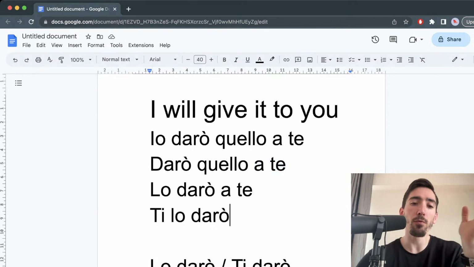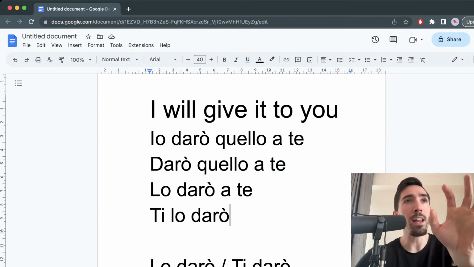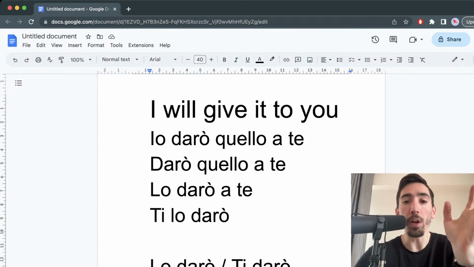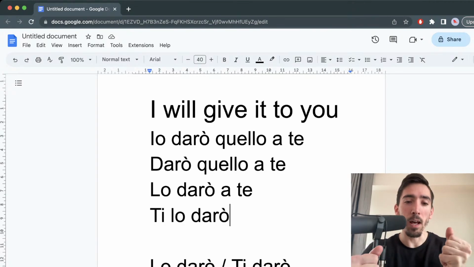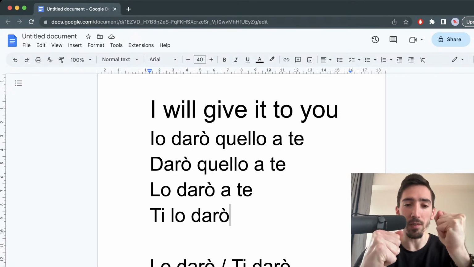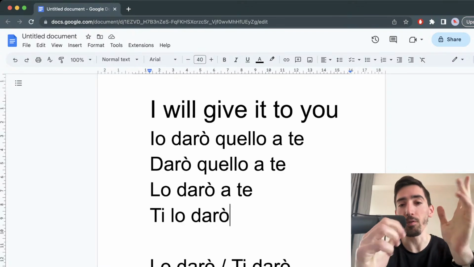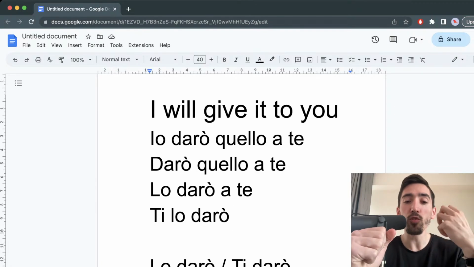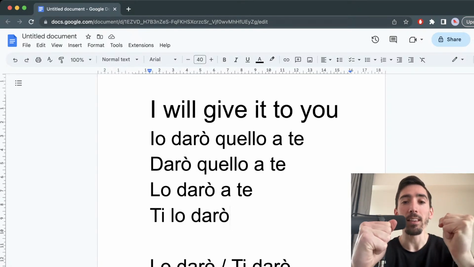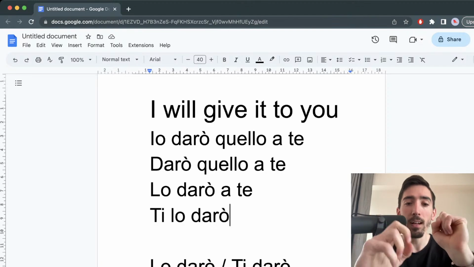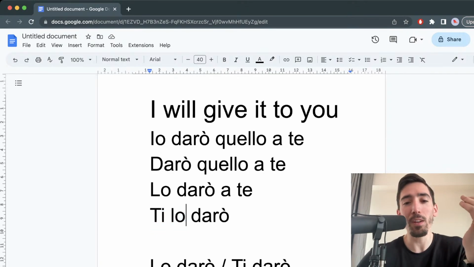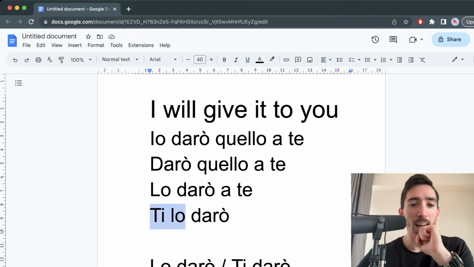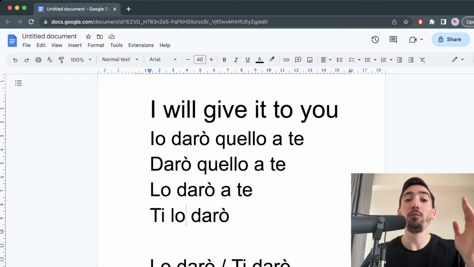However, and this is a rule that catches people out, when we have multiple weak forms, so if we decide to shorten multiple constituents, and multiple means two, because you cannot do it with three. So if it's not just one, but if it's two that take their so-called weak form, then we have a so-called cluster. We have a pronoun cluster. Un cumulo pronominale.